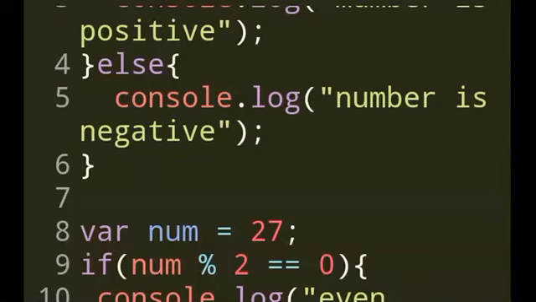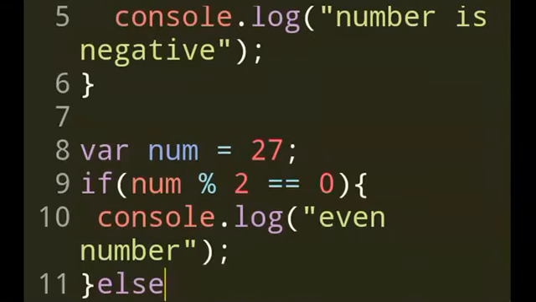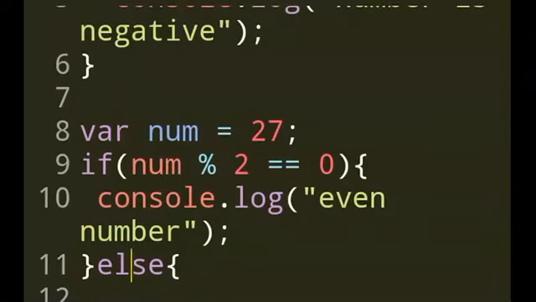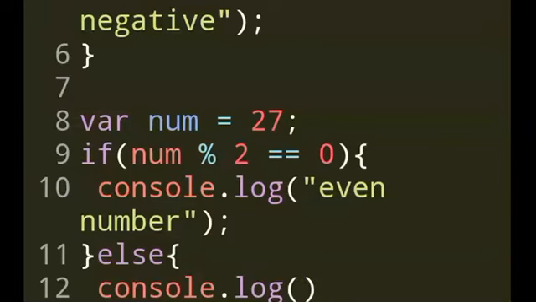You can write number is even number or just even number, up to you. Else, curly bracket again, I want to declare it is odd number.